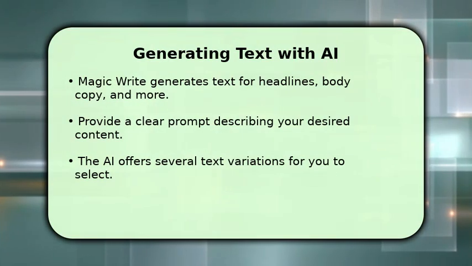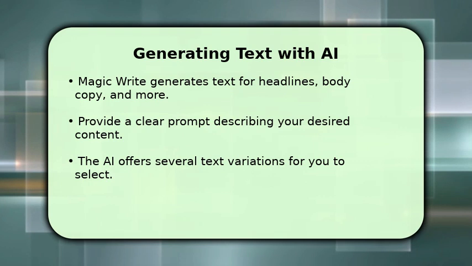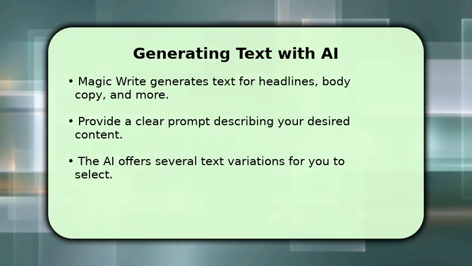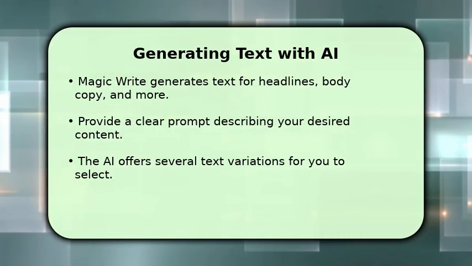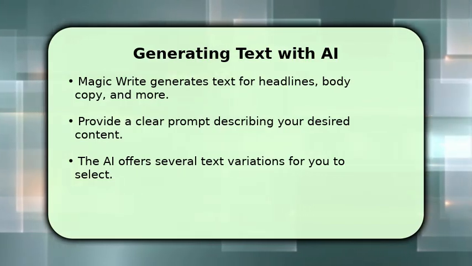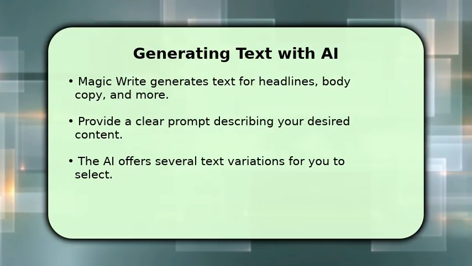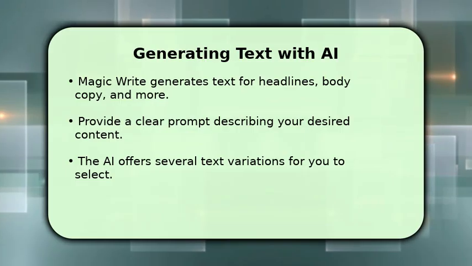One of the most useful AI features is Magic Write, which helps you generate text for various design elements. To use it, simply type a clear and concise prompt detailing the kind of content you need, such as a headline or a paragraph about a specific topic. The AI will then quickly provide you with several distinct text options, allowing you to choose the best fit for